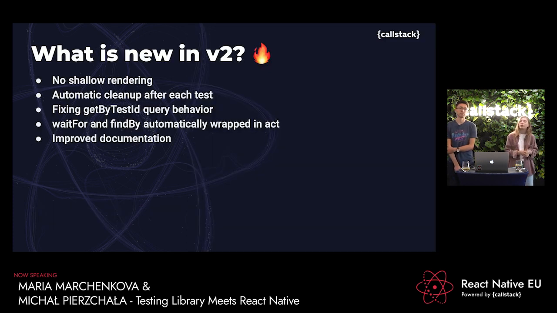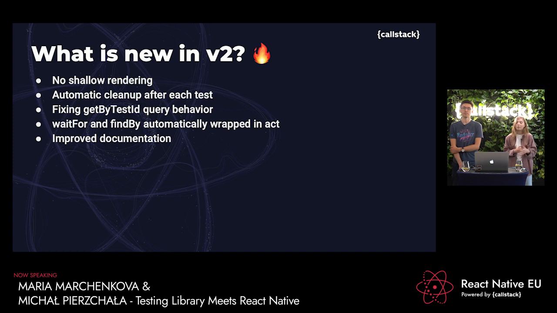So what is new in the second version of React Native Testing Library? We decided to remove shallow rendering because this way of rendering React components is usually not a good idea. We are now automatically calling cleanup after each test. Also, a previous version of getByTestID had a bug, which resulted in finding more test IDs than there were in